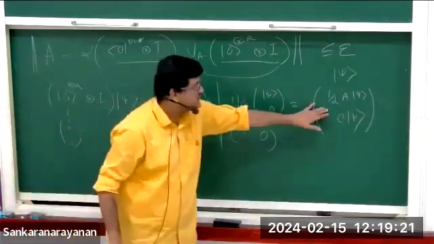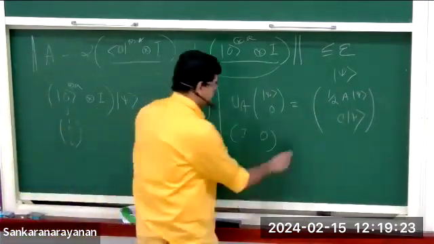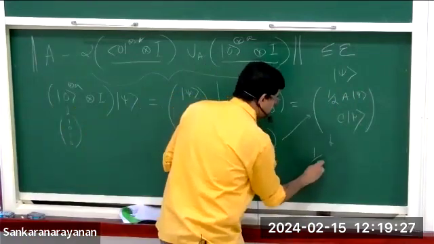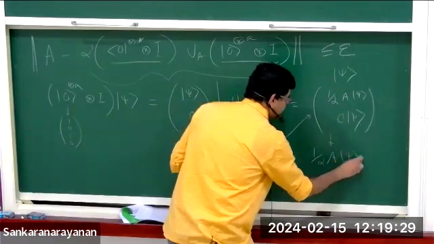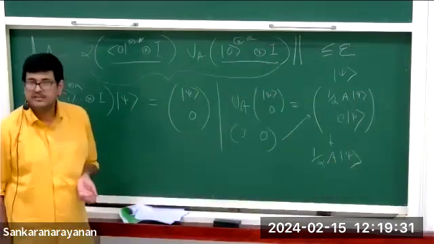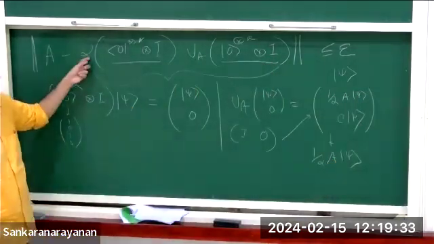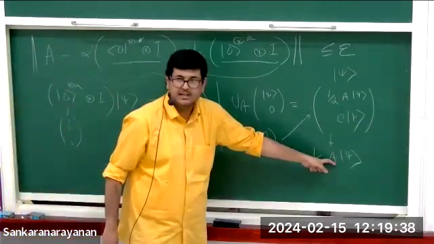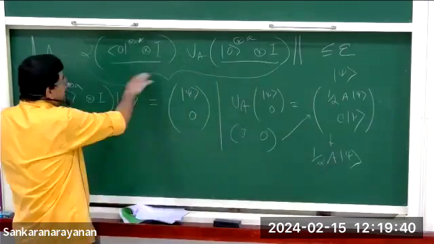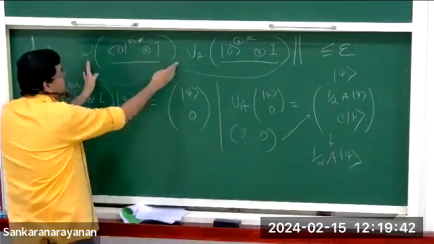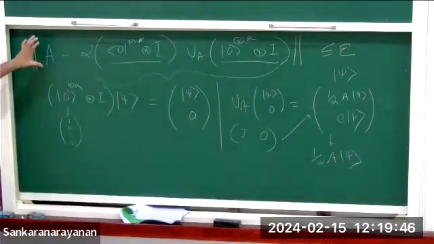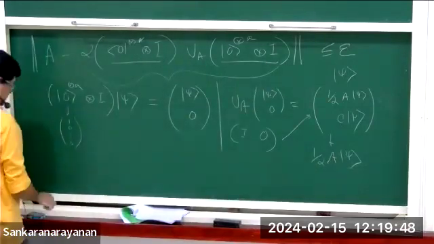I0 applied on this state, I just get 1 by alpha A psi. Fine. Then I multiply with alpha. And what is left? Just A psi. So this operator, this alpha into this projector U this, is nothing but some, okay,